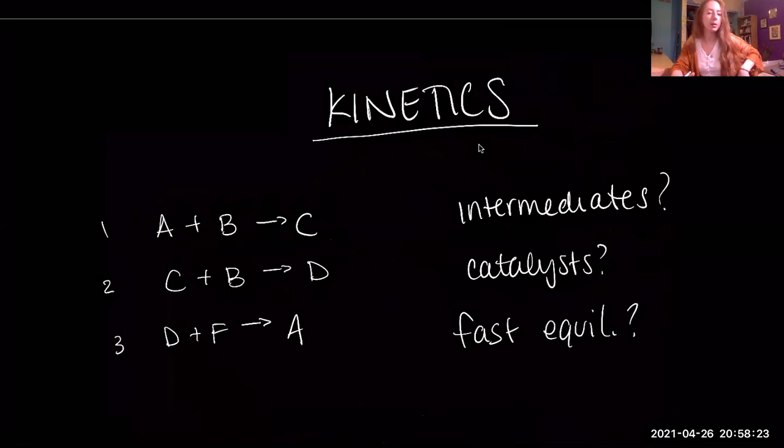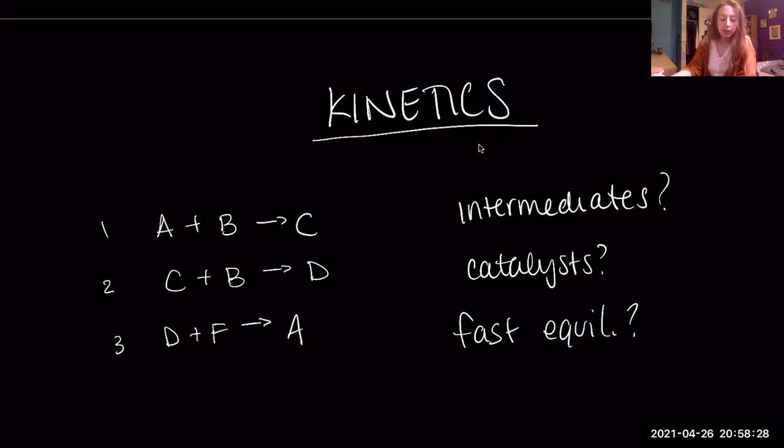Okay, first thing I want to talk a little bit about is kinetics and what's going on with these elementary steps. So here I have an example on the left, and we can break down different possibilities and different concepts. So the first thing we need to know, though, is that slow steps are the only thing that can affect the reaction, okay? Also known as the rate determining step. But we can sometimes incorporate these fast equilibriums, and that can change how we look at